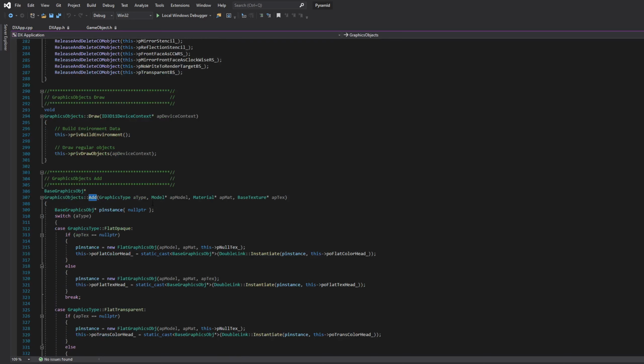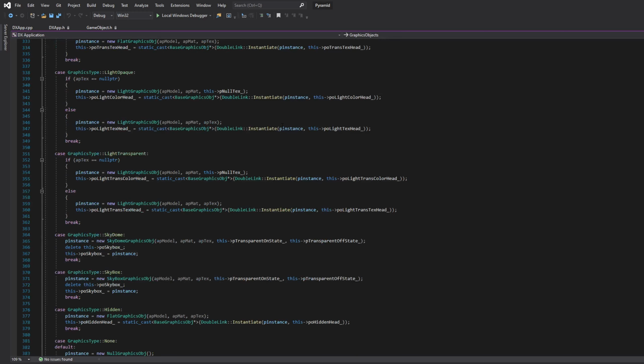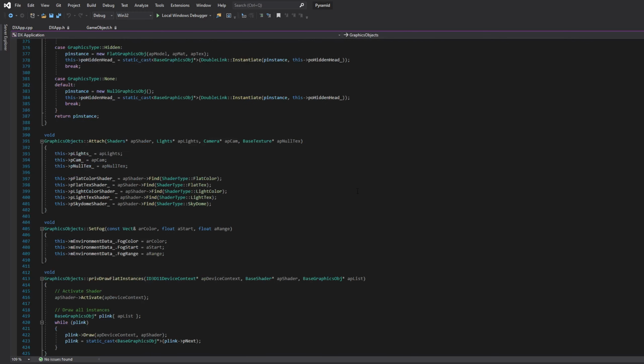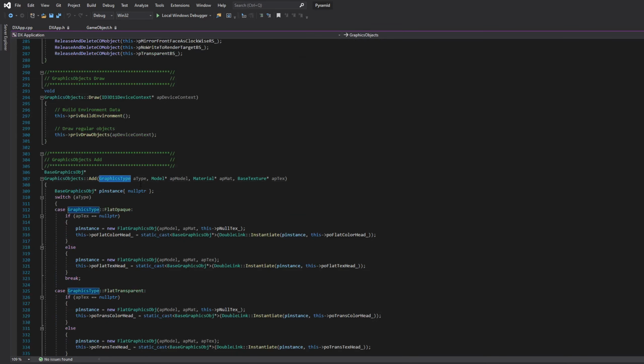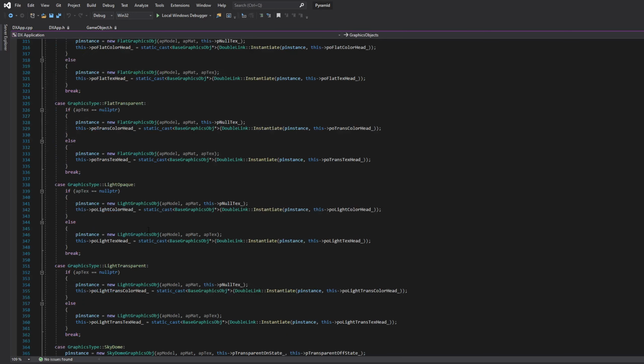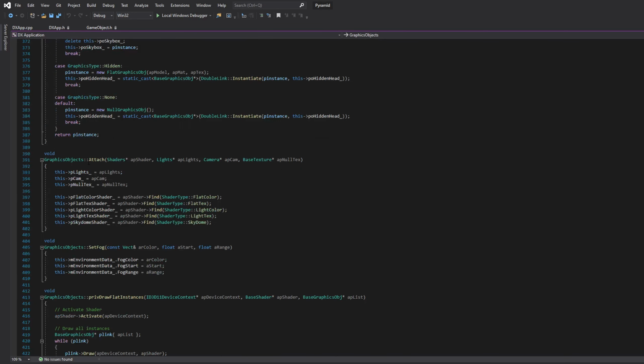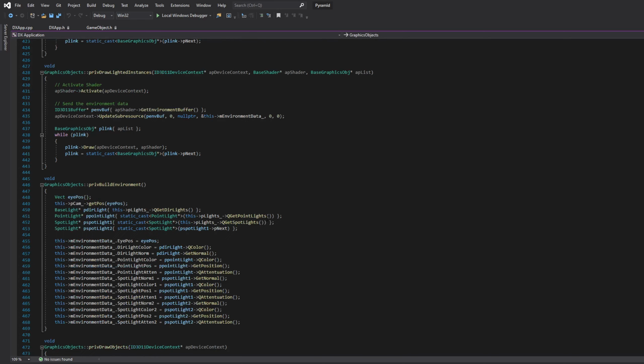When I add it, I pass it a type. So the graphics objects, when I render everything, I wanted to render as optimally as I could. So what I did was you pass it an enum, and that enum tells you what shader to activate or render this graphics object in. On startup, after I've loaded all the shaders, it saves pointers to the shaders, and when I draw this,